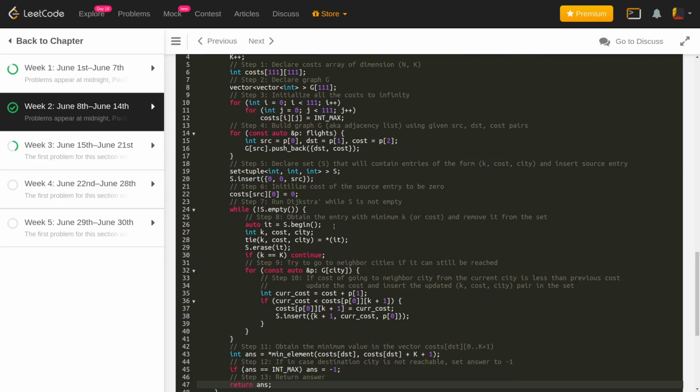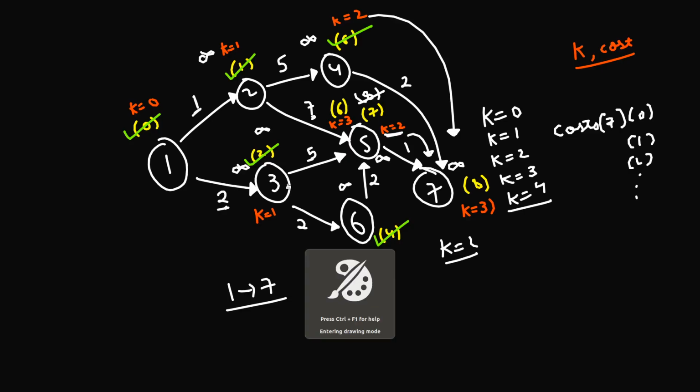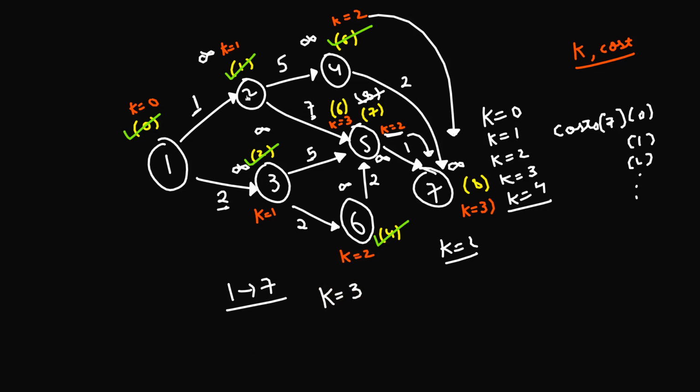Again, this code is actually very similar to Dijkstra, but the additional thing here is that you also have this K here, which you don't have in Dijkstra, because in the naive Dijkstra you are not limited with the number of paths that can come in between. So in order to do that, along with the weights that we have in Dijkstra, we also have the value of K.